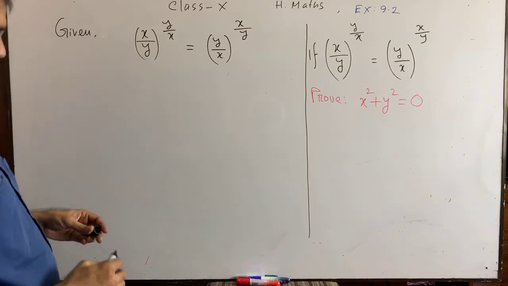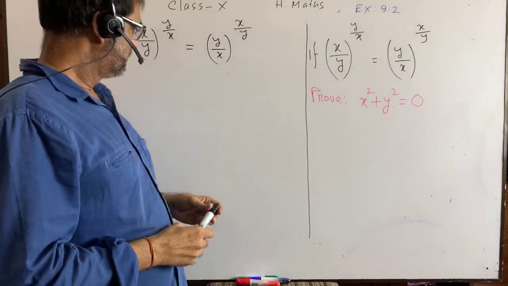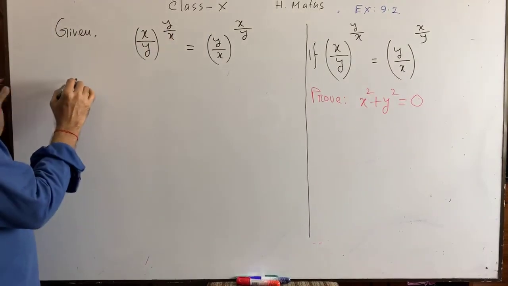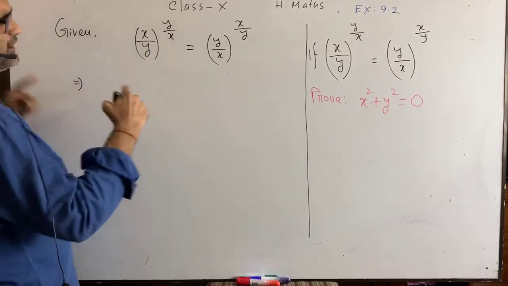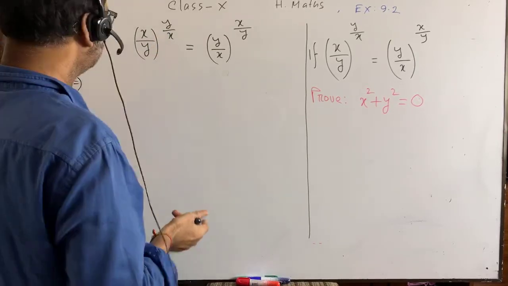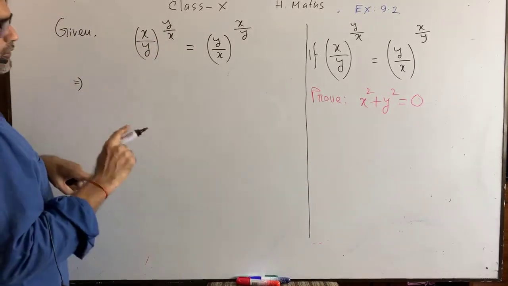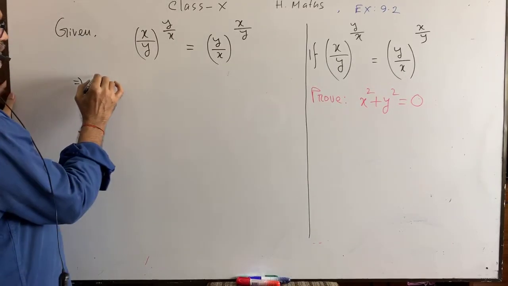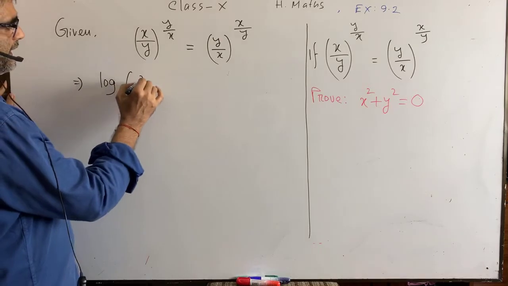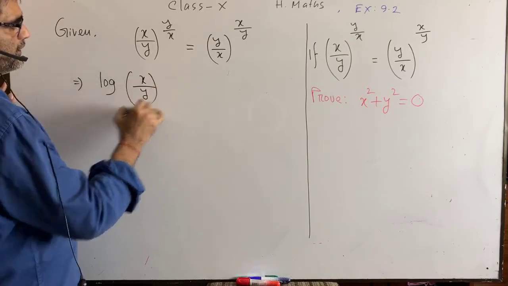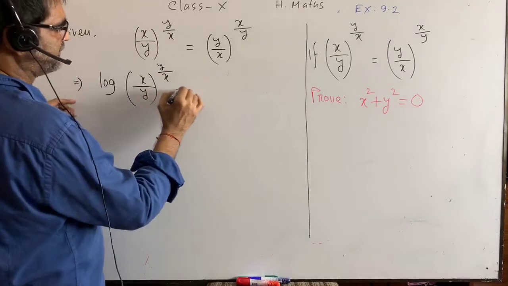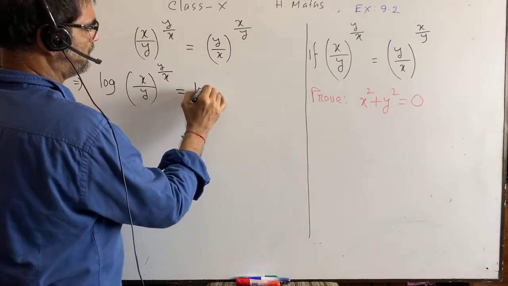Okay, now you see. In this case, when you will see that the power is also variable, then you have to take logarithm on both the sides. So okay, very good. We take log x by y to the power x is equal to log